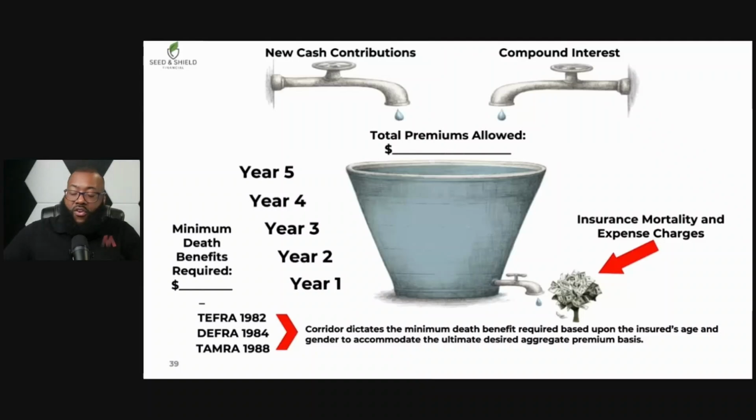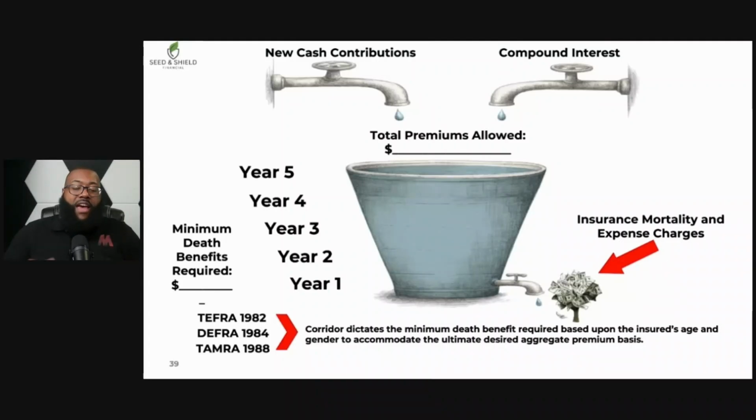after. So, for example, your bucket might be 100,000. You're at 100,000 after year 5, but then there's a guideline level premium that tells you this is the most you can put in every year. And your yearly maximum, let's say, for example, is 10,000. So I would instruct you to say, hey, we have 100,000 in there, and then 10,000 you need to contribute up into whatever year you would want to retire. And then at that point, we would cut it off, and we would move the policy from an increasing death benefit to a level death benefit, and you would then start taking money out of the policy.